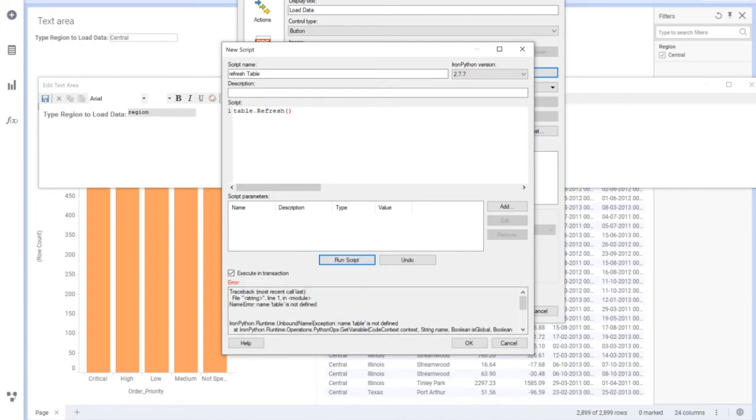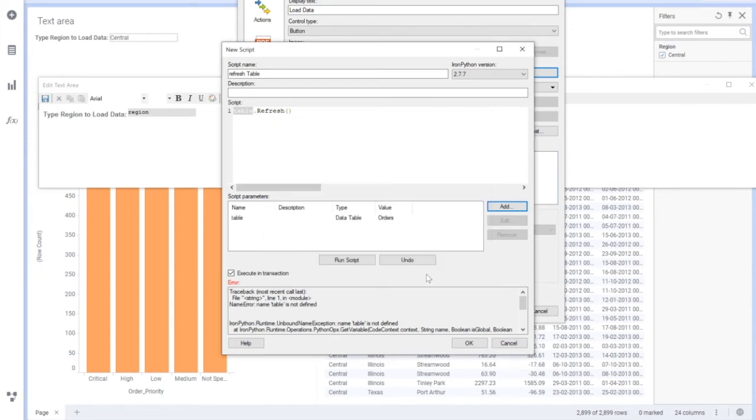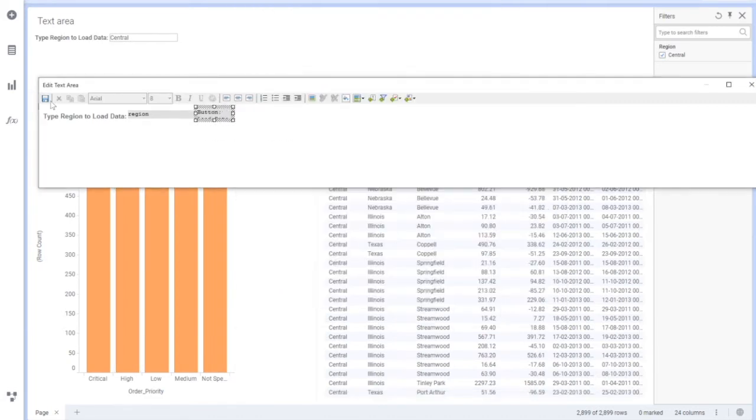So what's the problem here? You are saying table dot refresh, but you have not given which table to refresh. So you can just select this, or you can type it in yourself. It's your choice. Say data table, as we have only one table in our data. I'll say okay, and now if I click on run script, it will not give me an error. So this means the script is working. It's just a single two words of script, but it's very, very useful. Like this, if you want to refresh a second table, you can type table 1 dot refresh, table 2 dot refresh, table 3 dot refresh, and so on. So just say okay. I'll save this.